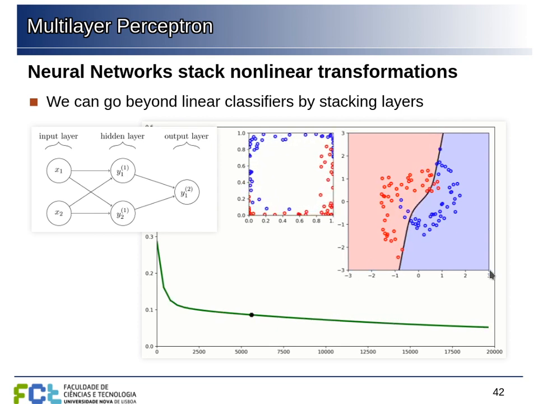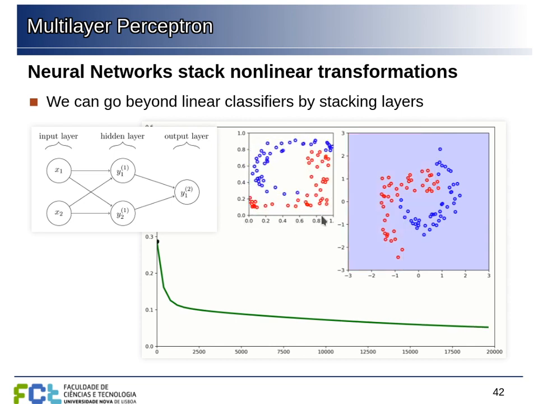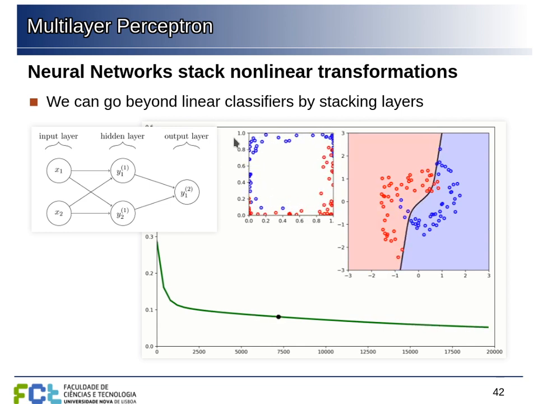So these are the actual coordinates, the x and y coordinates of the points, and these are the activations of the two neurons in the hidden layer here. One of the neurons is putting lots of blue points to the left, and lots of red points to the right. Another neuron is putting some red points down and blue points up on the vertical axis. But what happens is this is becoming increasingly easier to separate with a straight line. And this is actually what the output neuron is seeing.